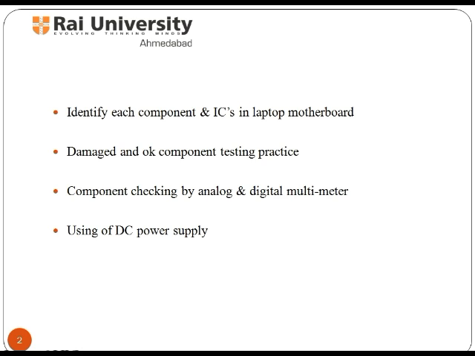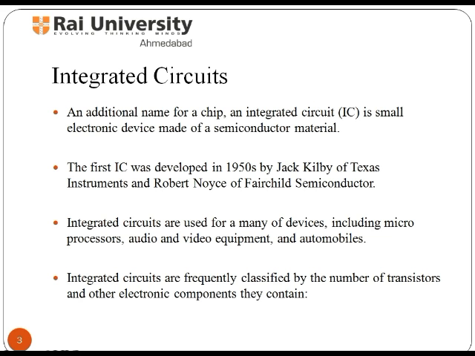Now you can easily identify these components attached to the motherboard IC. Thus you can eliminate the fault if they are damaged and not working in a synchronized way with the other components, with the help of an analog and digital multimeter. Let us begin with a brief explanation of the concept of integrated circuits.